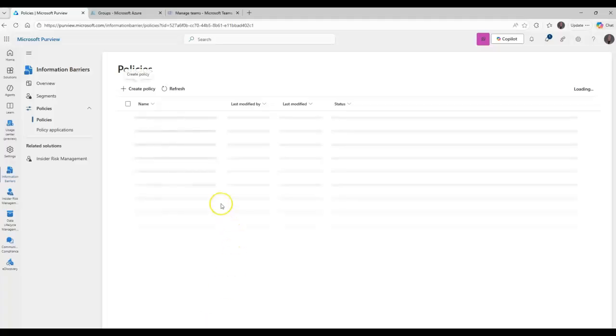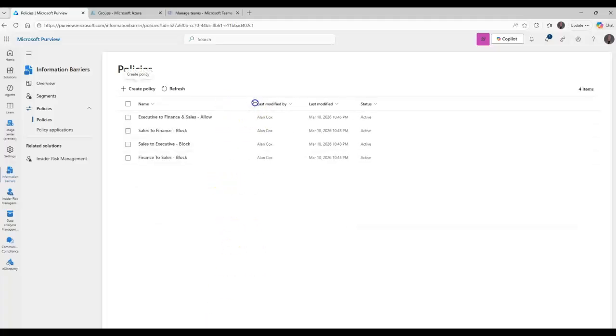Okay. So now what we've done is executive can communicate with both of these. And really, there wouldn't be any reason why finance wouldn't be able to communicate with executive, because there's no policy blocking that. But we have said that sales cannot communicate back to finance.